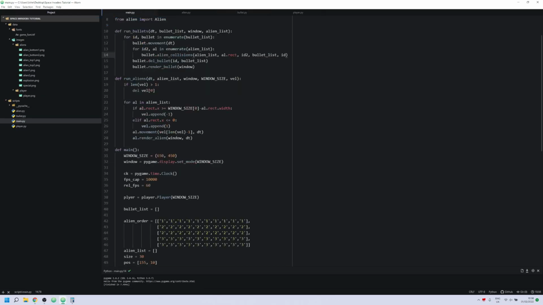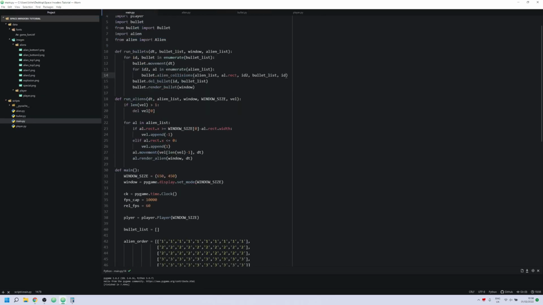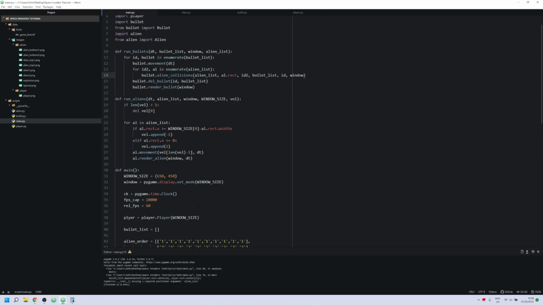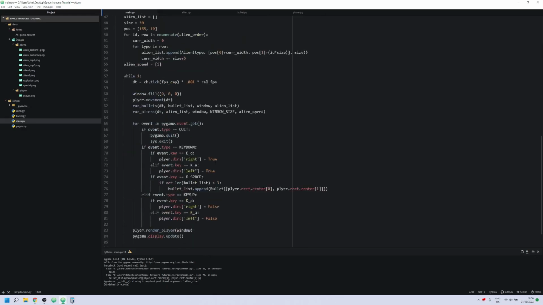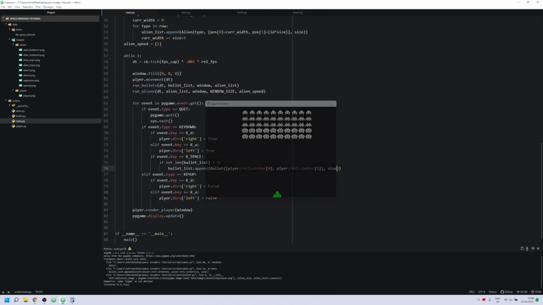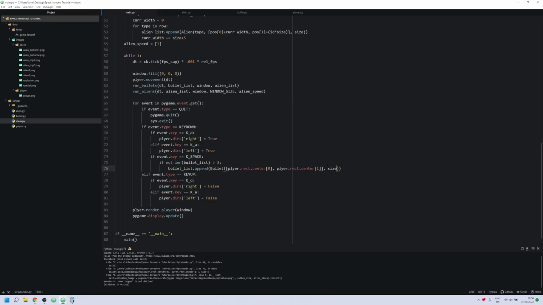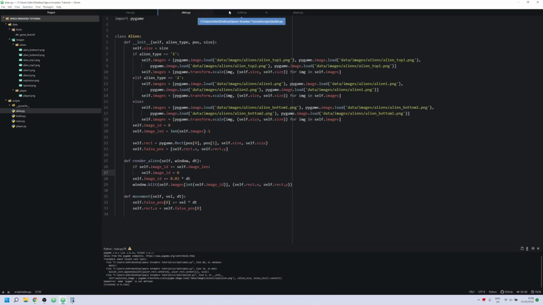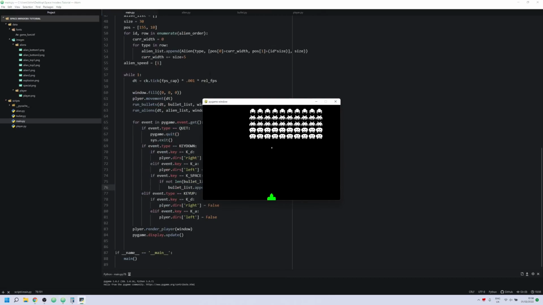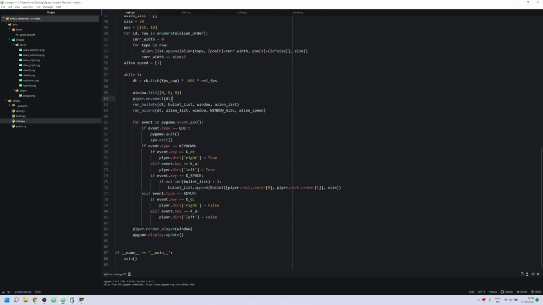Alien collisions, what is that? Alien collisions or window. Alien size, yeah. I'm going to need the size of the alien. That's just, I defined that as just size, I believe. Never mind. Wait, no, I did. Okay, bullet. Pygame. Missed out an A. Okay, right, it appears that it doesn't render the